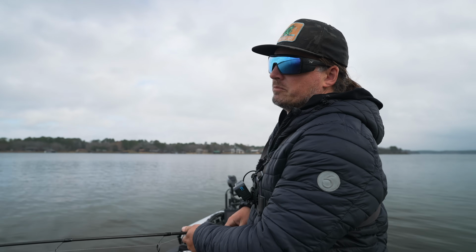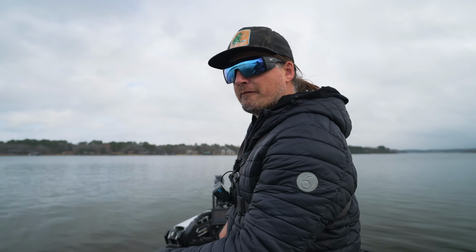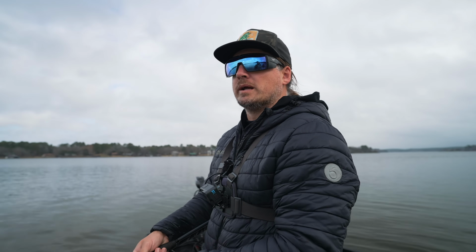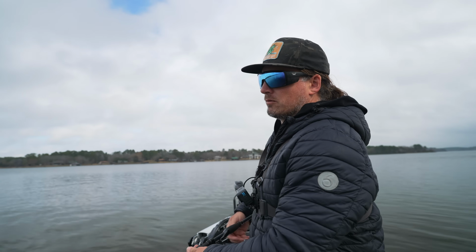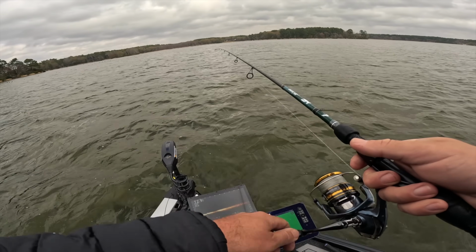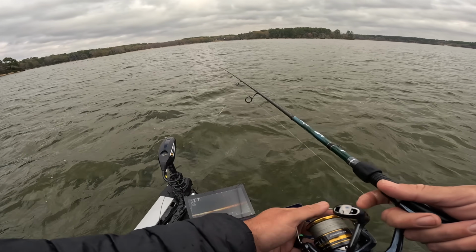So always remember that. We're fishing areas today, and we've caught every fish in areas where there's good points, good brush piles, good drop-offs, but they ain't on that stuff. They're just out roaming. It's kind of garish, like a lot garish, but